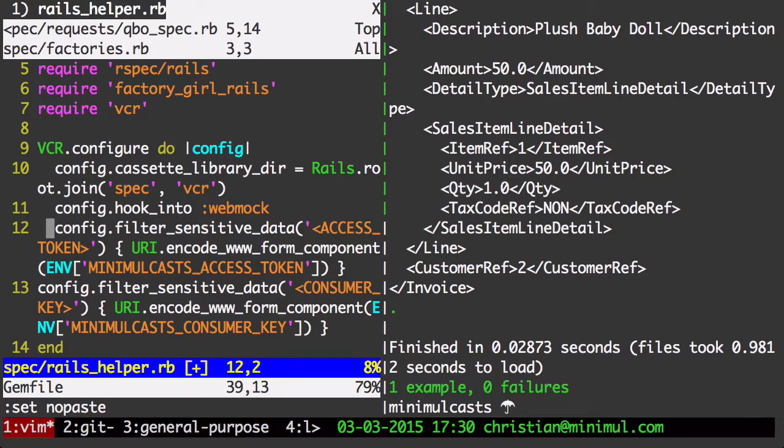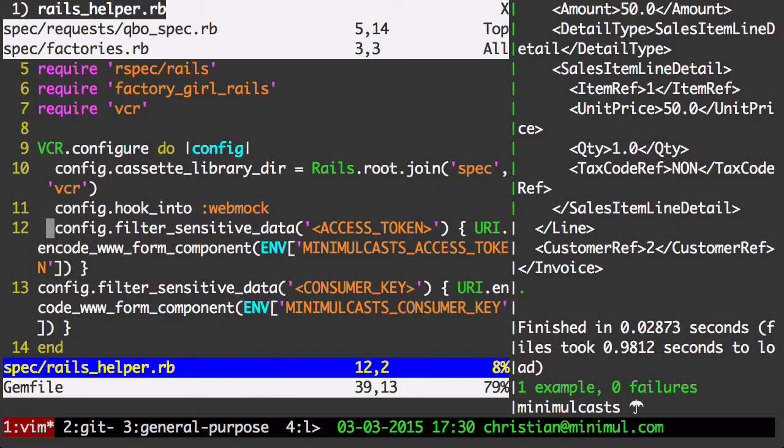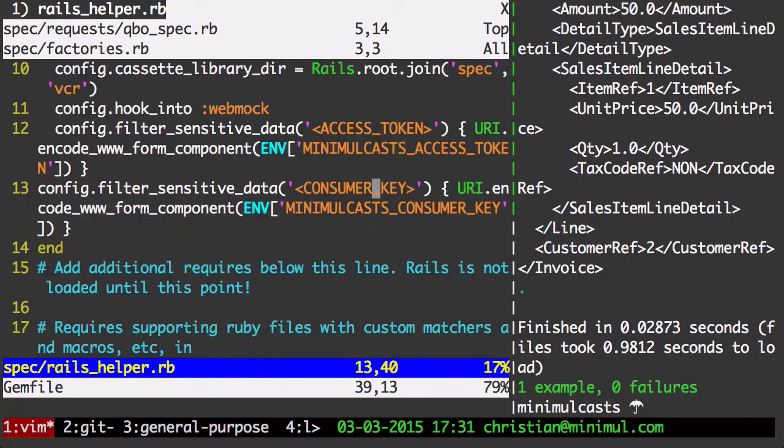It looks like this. It's a little hard to see, let me widen the screen there. All right, so it's config filter sensitive data. Now, you have to look inside of the requests. When I say the request, it's the cassette that records the request, and in there's an access token, and you want to edit it out just like this. You want to use URI.encode_www_form_component, and then stick your access token in there,